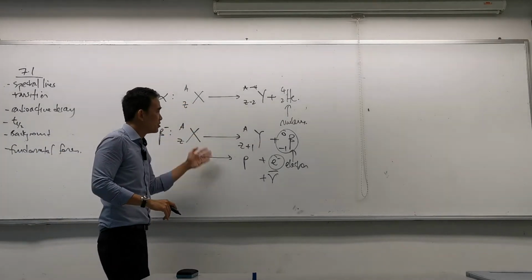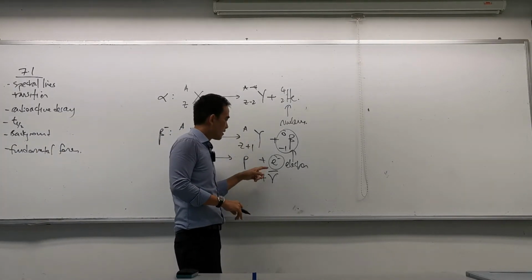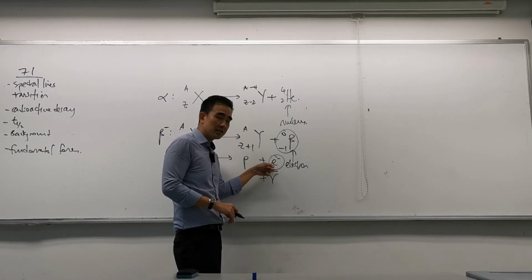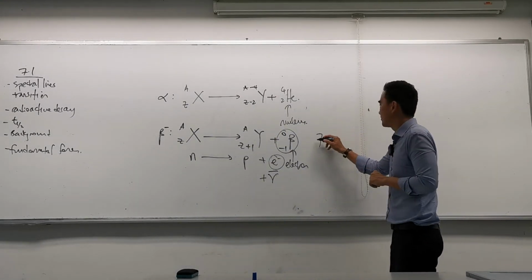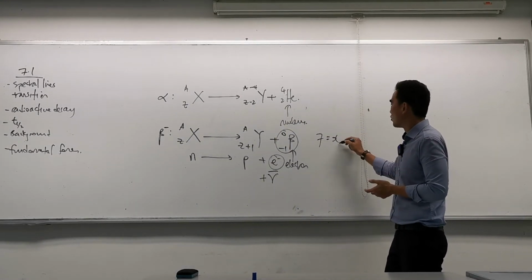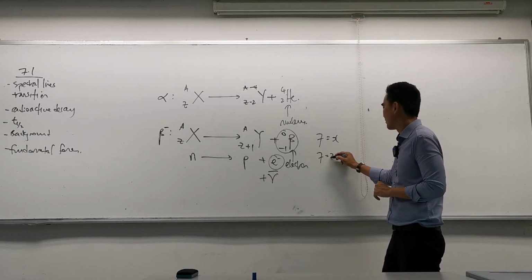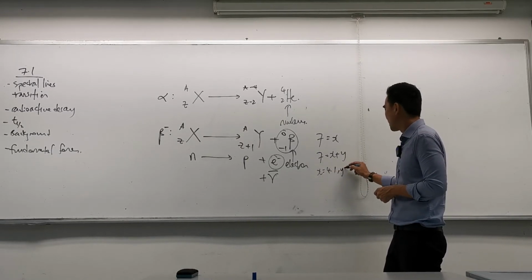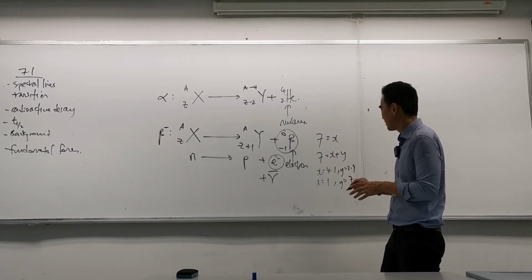Because if it is emitted from the nucleus, it must obey the same rules. Therefore, the physicists postulated that there must be another particle such that the energies of this plus this must be a specific value. So let's take it for example. If I have 7 and there's only one variable x, x must be 7. Whereas if I have 7, which is x plus y, x can be 4.1, y can be 2.9, or x can be 1, y can be 6.